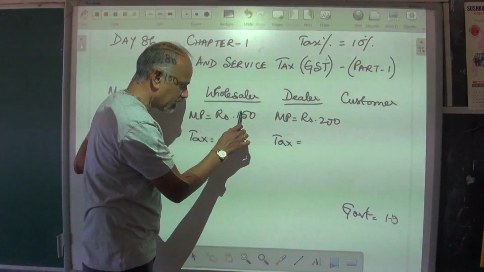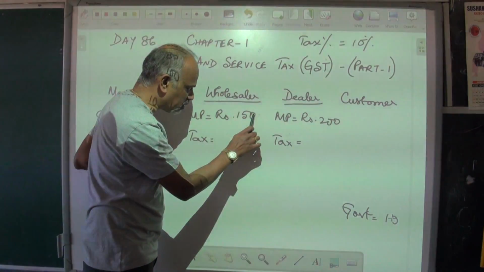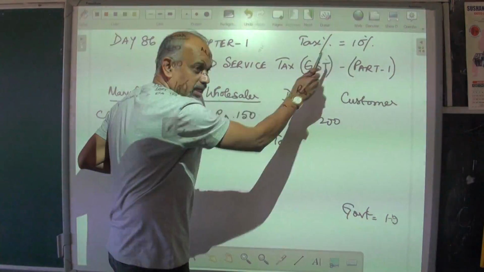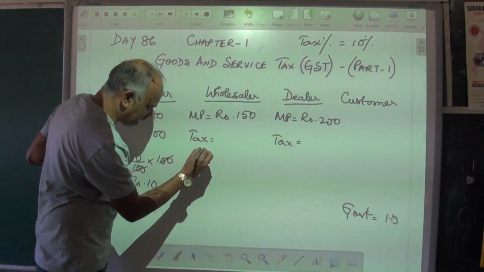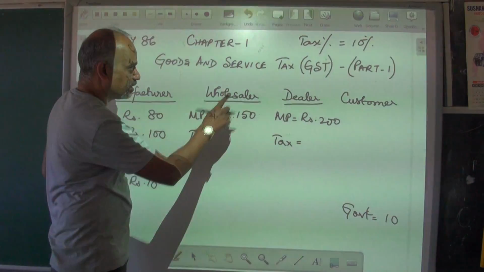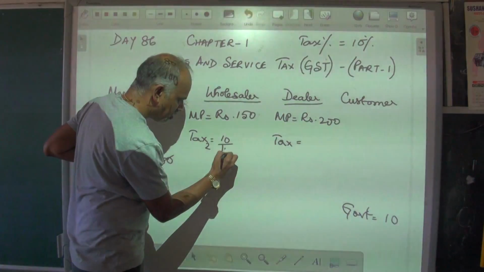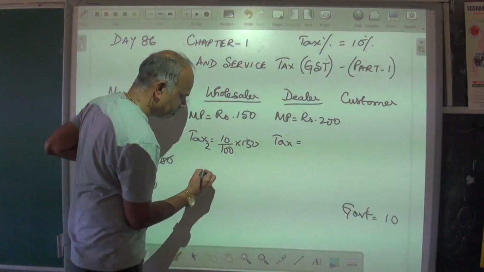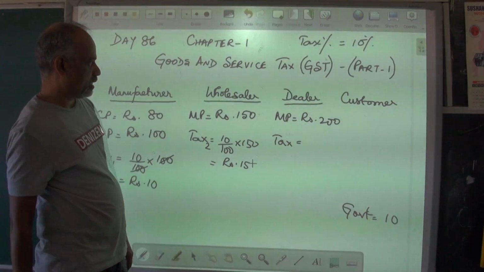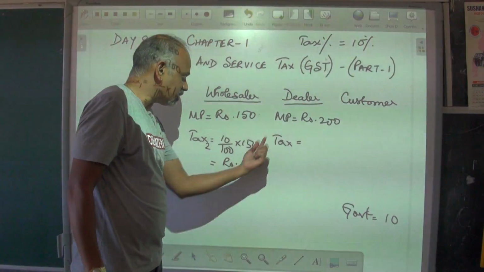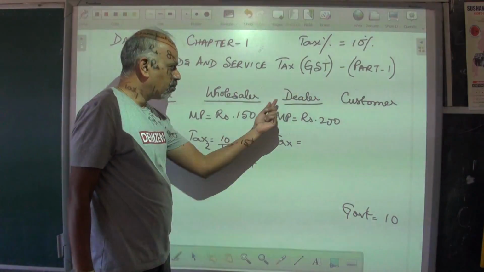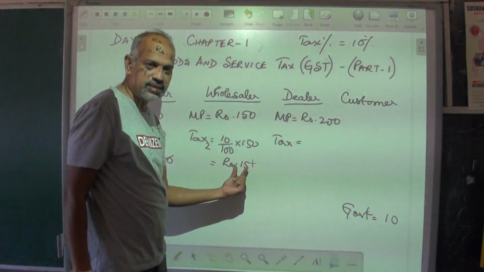So dealer is going to buy this article for 150 rupees and the dealer has to pay a tax of the same percentage, 10%. Okay. So let's calculate the second tax that the dealer is going to pay the wholesaler. Okay. So that's 10%, that is 10 over 100 of 150. So that should give you 15 rupees. So this tax is paid by the dealer. So the dealer pays 150 rupees, that's the price of the article, plus he also pays 15 rupees as tax.